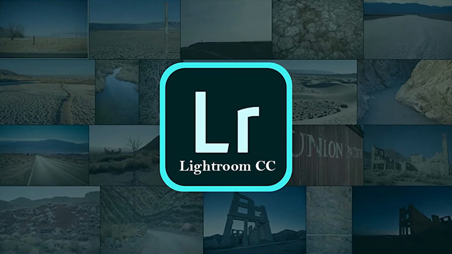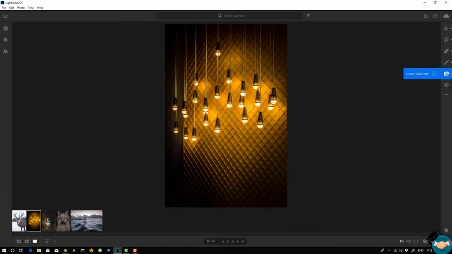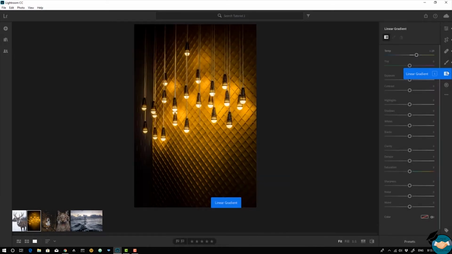Linear gradient. In this lecture, we're going to talk about the linear gradient tool. You can go ahead and select it by clicking on the linear gradient tool on the right, or by pressing L to get you to the linear gradient tool dialog box. By the time you're done with this lecture, you'll know what the linear gradient tool is and how you can